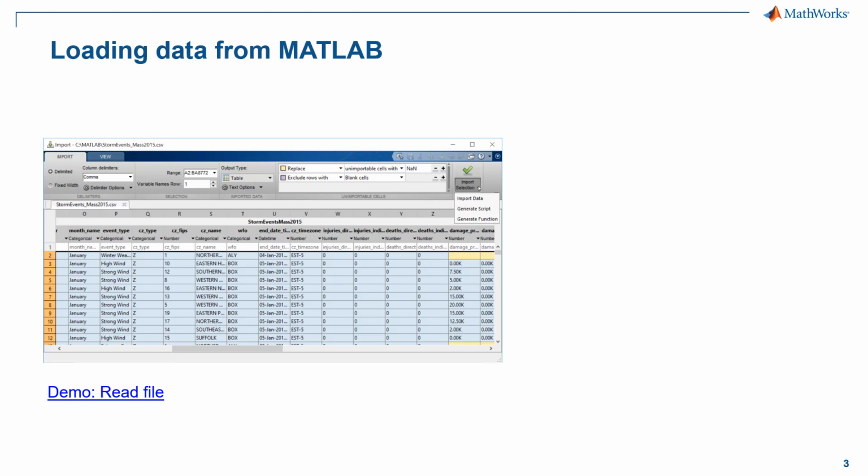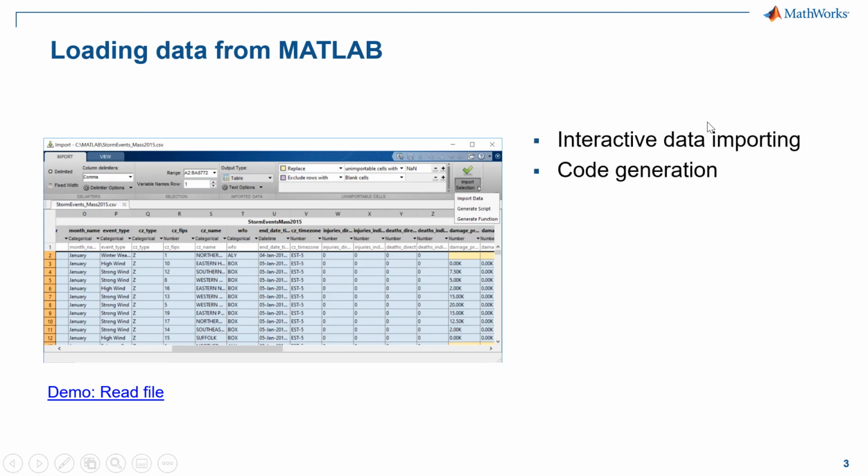When we think about we want to read data, which is in Excel, we could do it interactively or we could do it programmatically. When we do it interactively, we're going to see an example in a minute. We'll see we have an interface like what we're seeing in the screen, and we just point and click, and then MATLAB will generate the code itself. So that way we avoid having to program.